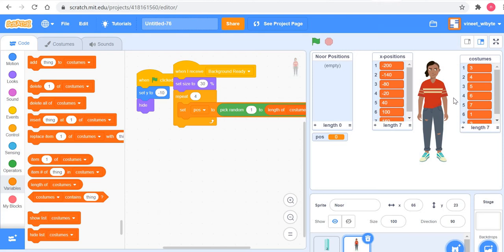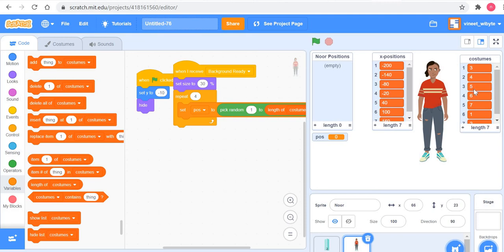So for example, let's say Noor has chosen building number 6. It turns out building number 6 is at location number 4. In the way it's written up right now, that X position is given by this item on the list, which is -20. So if I look at the item of that position, I will be able to send Noor to that X value.